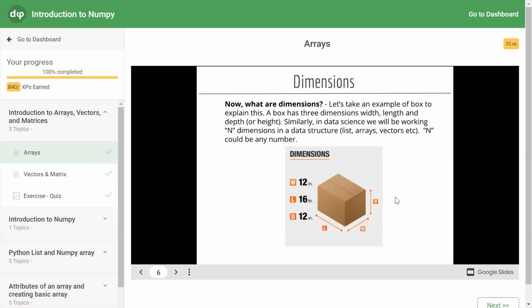Dimensions. Now, what are dimensions? To understand dimension, let's take the example of a box. A box contains 3 dimensions: length, width, and height. So those can be considered as the dimensions of a block. In Python data science, you have data structures like lists, arrays, and vectors which support dimensions. We can create n-dimensional lists or n-dimensional arrays containing multiple dimensions. You will see later how to access the elements when you have an n-dimensional data structure, if you want to access the elements or do processing on them.